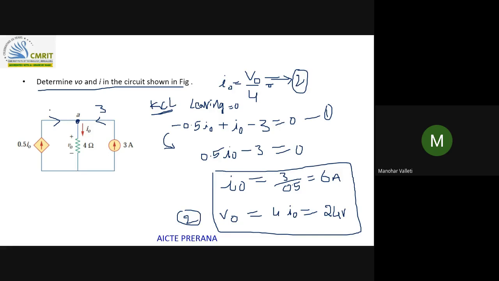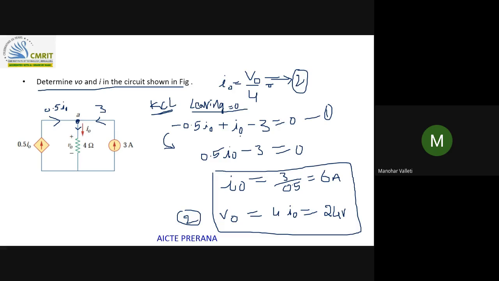But this is 0.5 I naught, this is I naught and this is 3. I am considering leaving currents equal to 0, but 0.5 I naught is entering current and 3 amps is also entering current. So I will write with a negative sign minus 0.5 I naught,